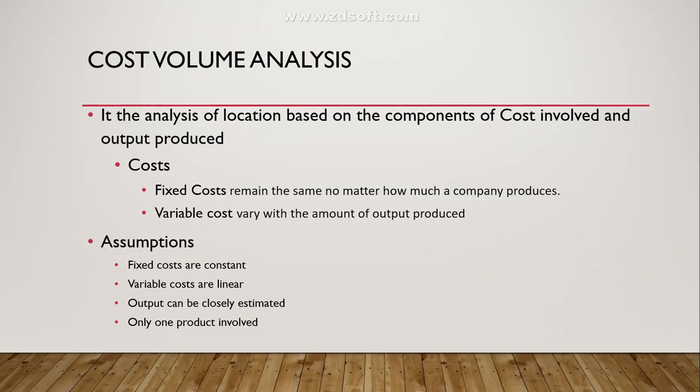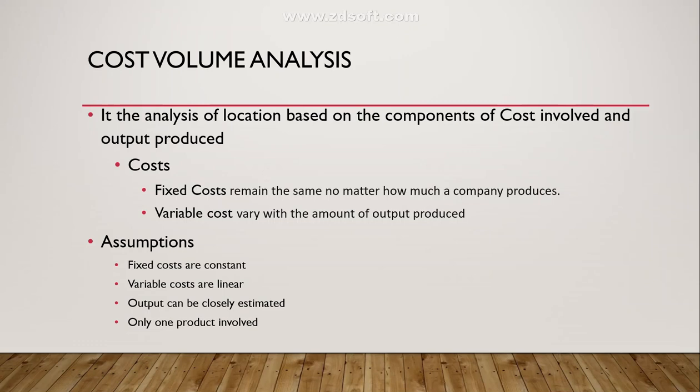So the fixed cost remains the same whatever the volume you produce, but variable cost varies with respect to the number of outputs produced in your manufacturing system. There are certain assumptions with respect to cost volume analysis. Fixed costs are constant, they remain constant. Variable costs are linear, so you see a linear format in terms of ups and downs in cost with respect to the variable elements in your